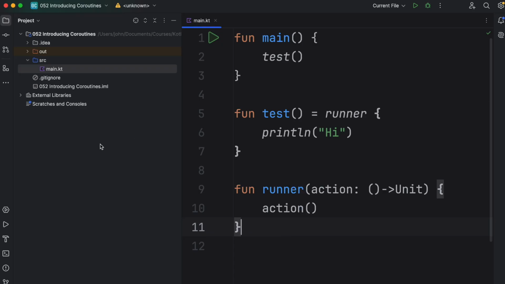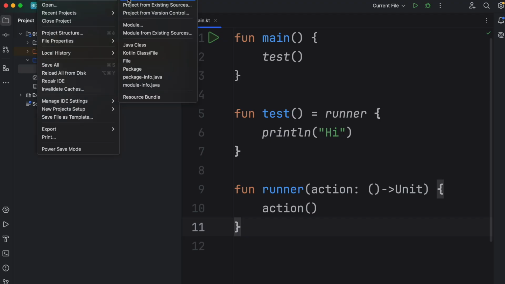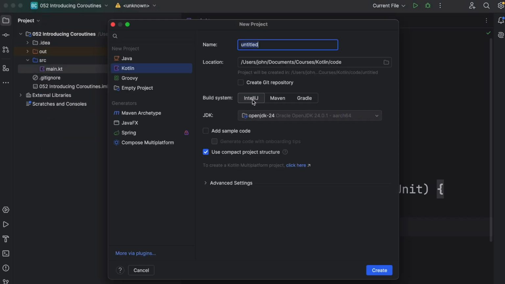So now the next thing that we need to do is bring in the coroutines library, and how you do that depends on how you build your project. If I go to File, New Project, if you're using IDEA at least, you've got a choice between using the built-in IntelliJ builder or Maven or Gradle, which are sort of cross-platform builders. And if you use Maven or Gradle, in either case you're going to have a config file which you can edit. And if you want to bring in a dependency, you want to automatically download some jars and include them in your project, you can go to